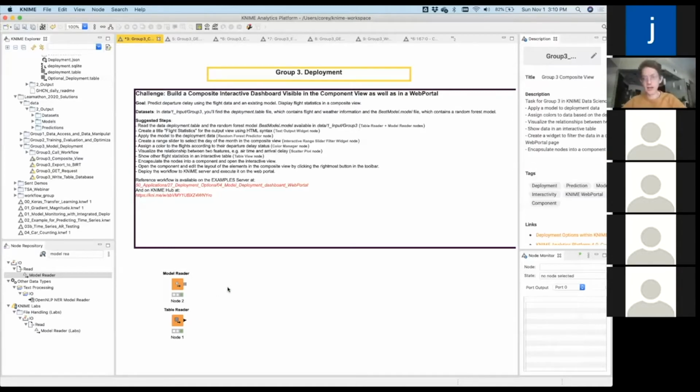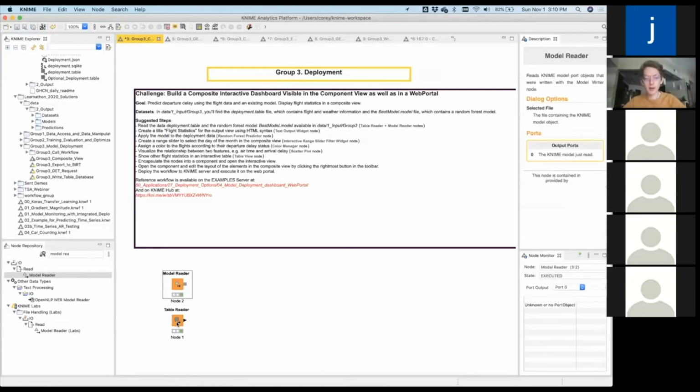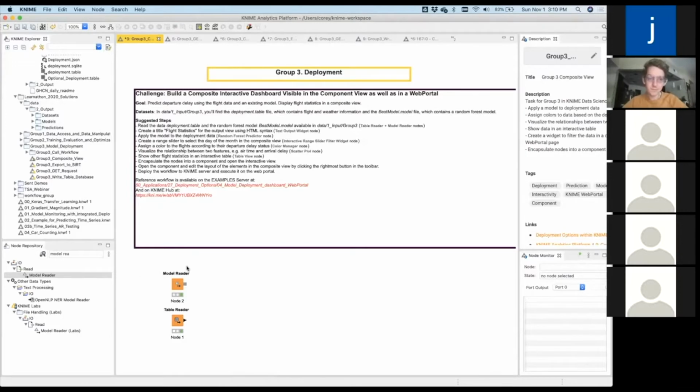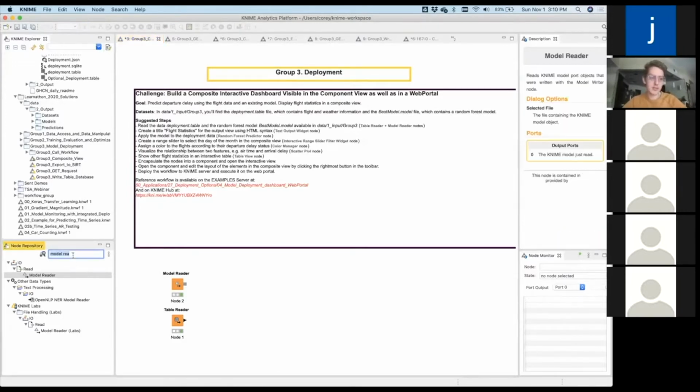So that might mean that it had the highest accuracy, or that might mean something like it had the fastest deployment time. Maybe it generalized to the validation data set very well. So there's different reasons why we might choose this best model. But in either case, we've trained our model, and we have cleaned our data, and we've just imported them here. Okay. So the next thing we want to do is somehow apply this random forest model to